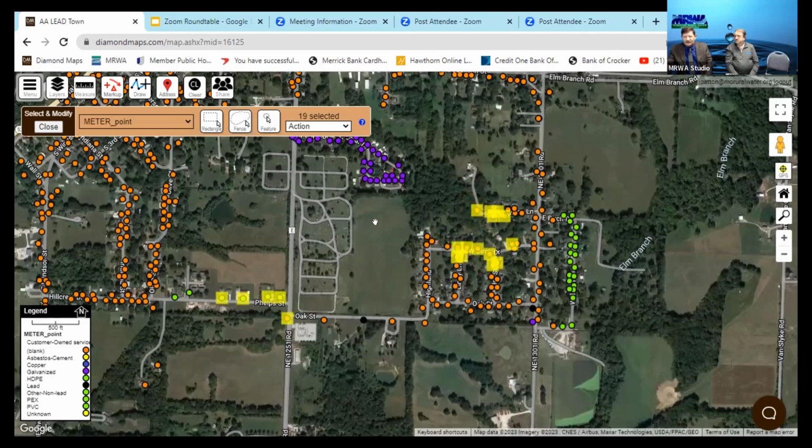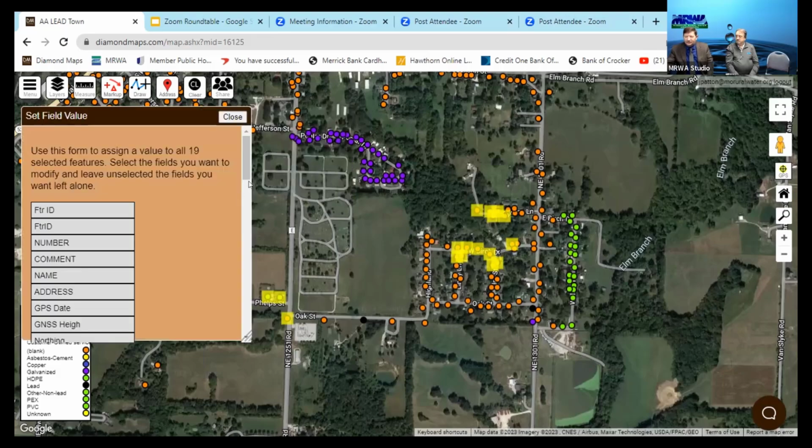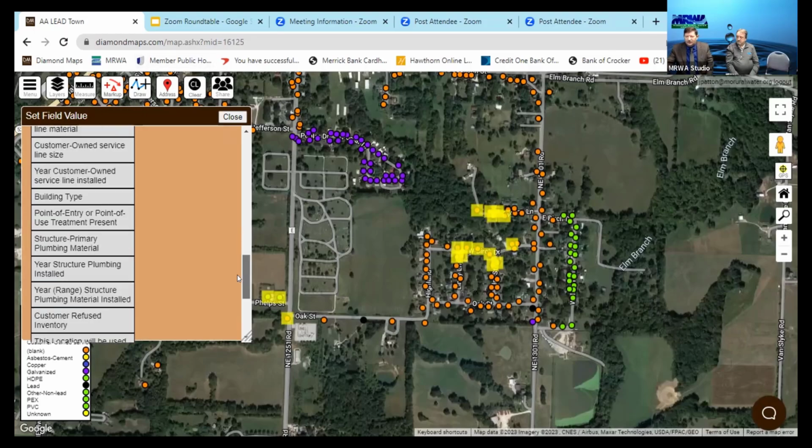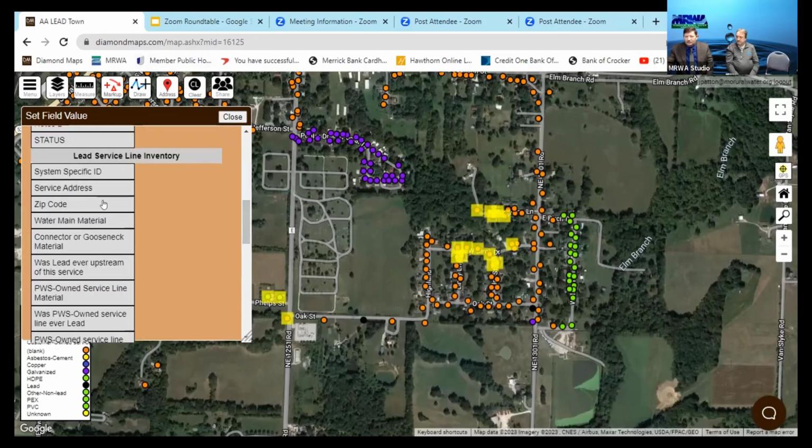the main thing is you can go down to set field values. And when you hit set field values, remember, this is for doing it multiple times. You're going to do it for everyone. You can do it individually, and I'll show you that in just a second, but it looks a little different. Once we go to this list, it's going to hit them all at the same time, every one of them. So everyone has been highlighted. And I hope that answers your question about how we get there.